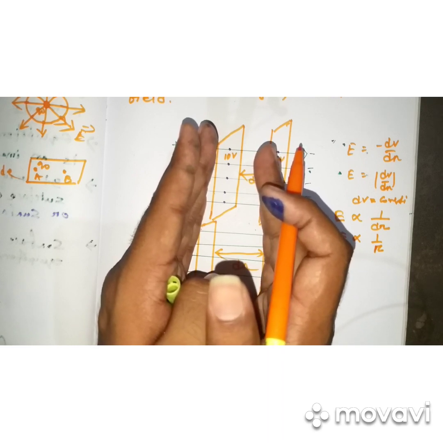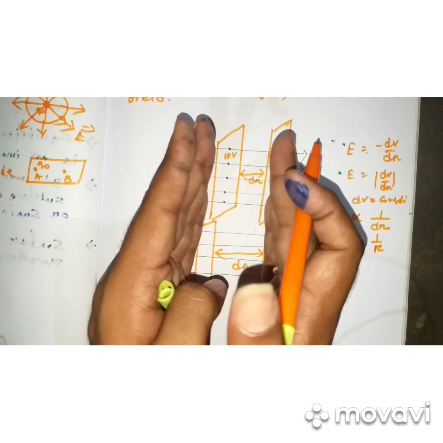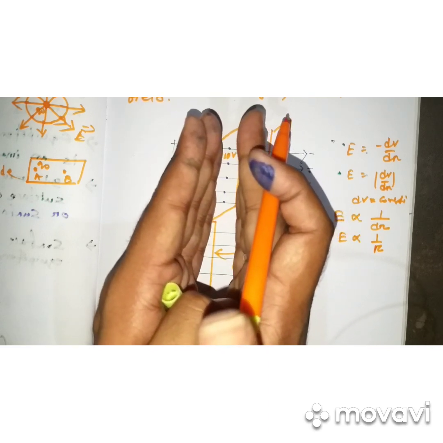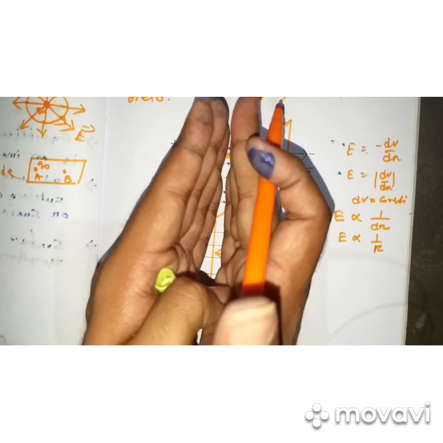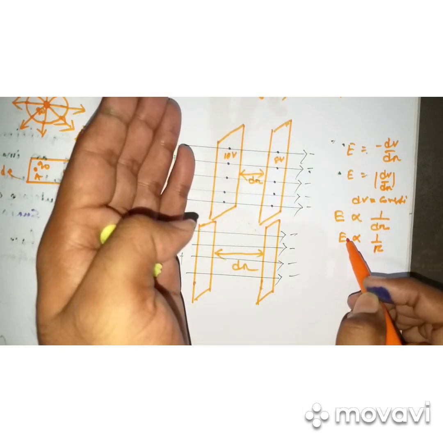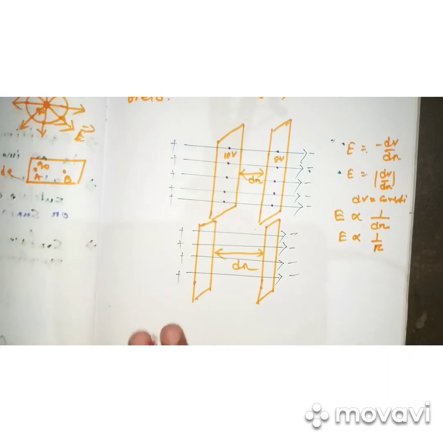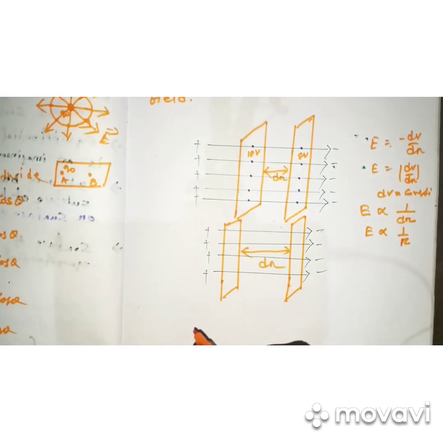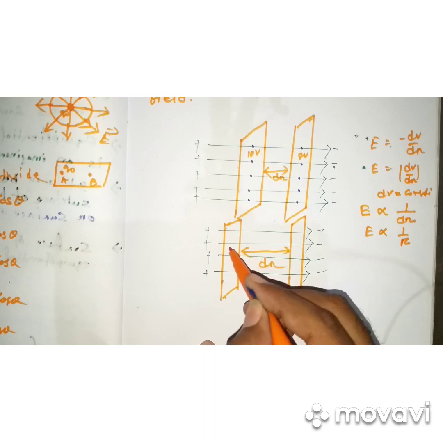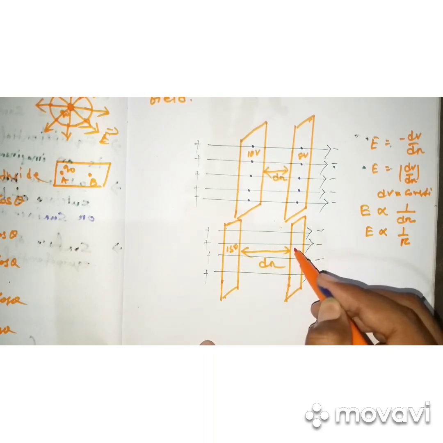If the distance between the two equipotential surfaces is very close, then the electric field becomes stronger. From the above consideration, okay, similarly in that case, suppose this is 15 volt